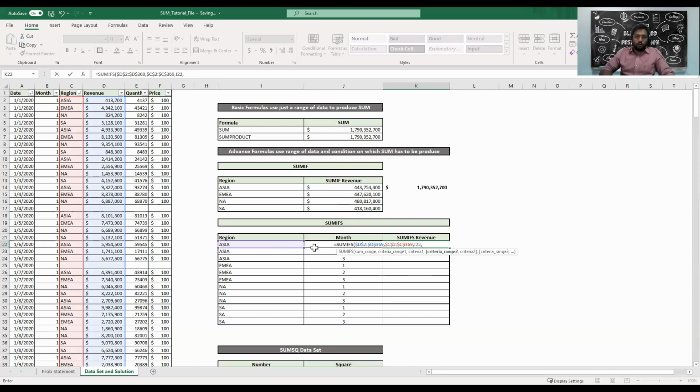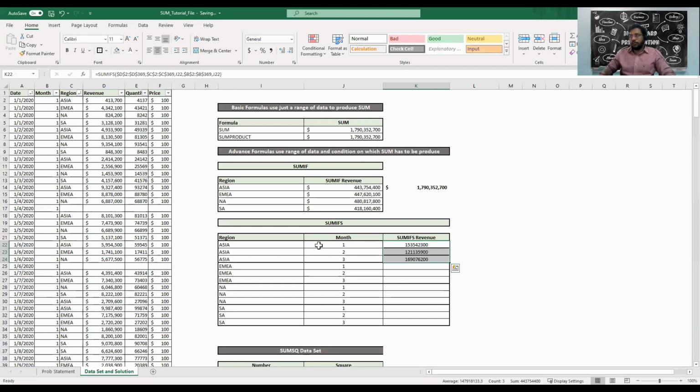The month belongs to column B, so we'll say B2, and we will first freeze this, then B369, again freeze this, and we'll say criteria belongs to J22, and we'll close this formula and hit enter. So now I will just copy this, drag this formula.